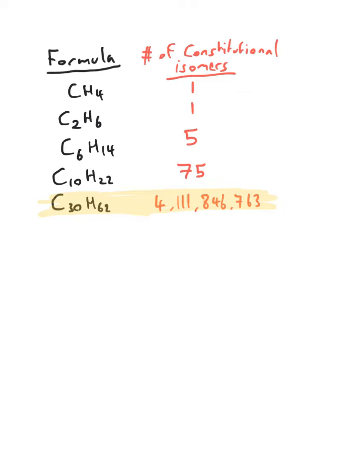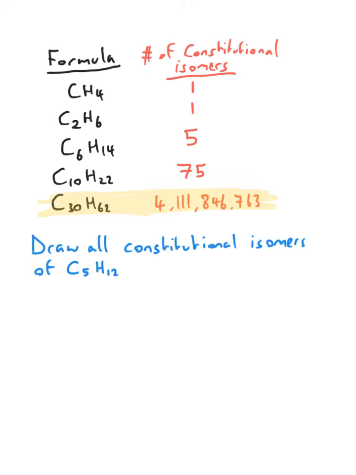However, it is completely reasonable to ask for all the constitutional isomers of a chemical formula with, say, 5 carbons, and expect to have questions like that. In fact, here's the question. Draw all constitutional isomers of C5H12. You may pause the video now,